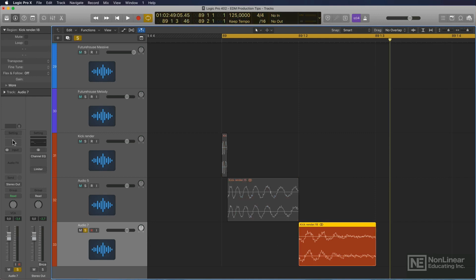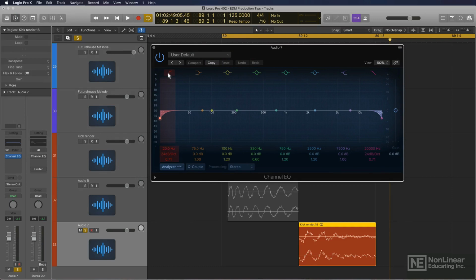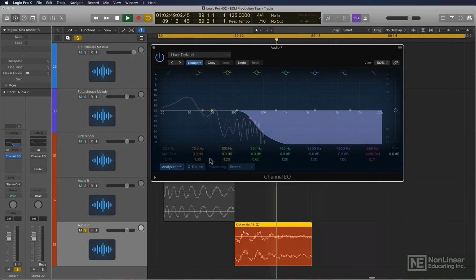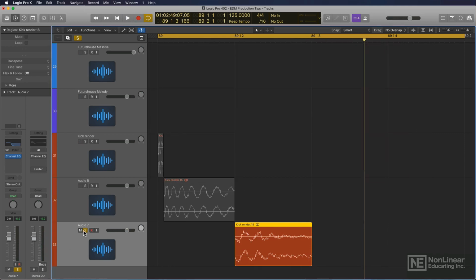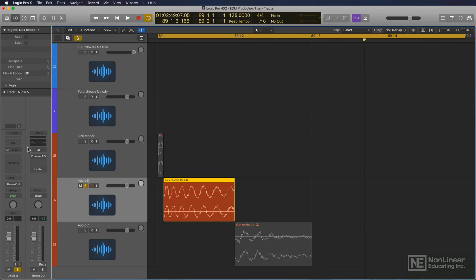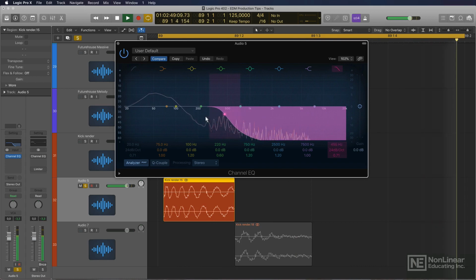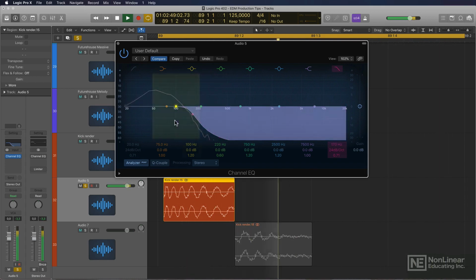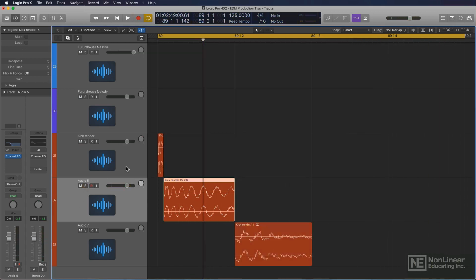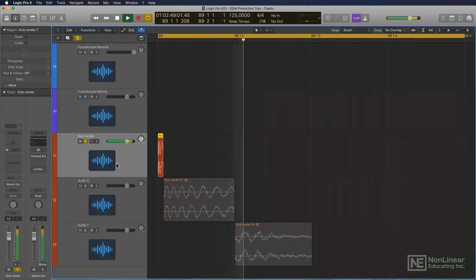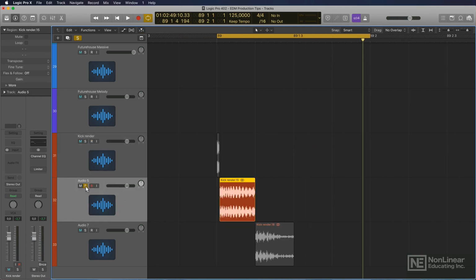On the tail part, I'm going to insert an EQ, take out the low cut that I have in there as standard, and just roll off all the high end till I'm left with as little of that stuff as possible. I'm going to do the same thing with the body. Again, no low cuts there. That's just the body. And this part here is just the click, the initial click of the kick. If I play these 3 together,